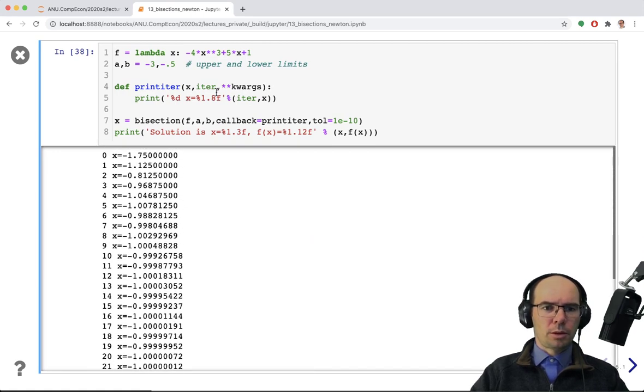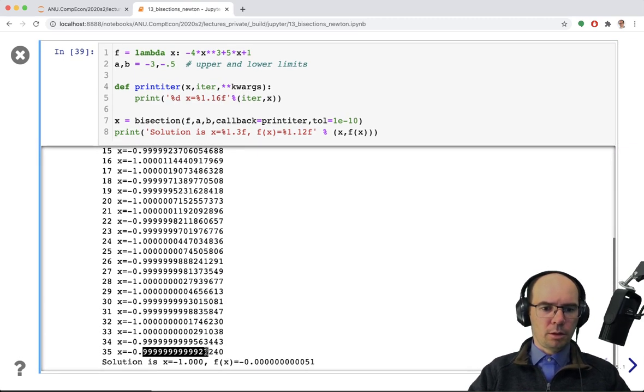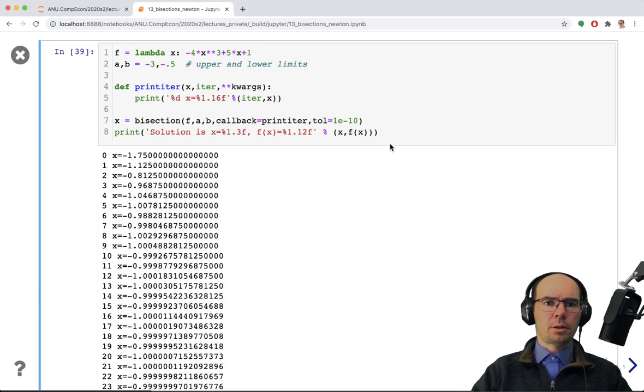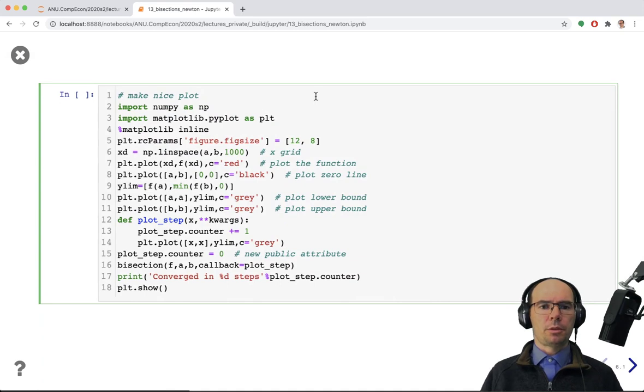Well, this is not really printed so well. Let's just put a lot more digits behind it, and you can see that we are converging to the tolerance of 10 to the minus 10, and that's approximately where we are here, right? 3, 4, 5, 6, 7, 8, 9, 10. Okay, so this is our bisection algorithm, and here's an example of another use of the callback functions, where we're